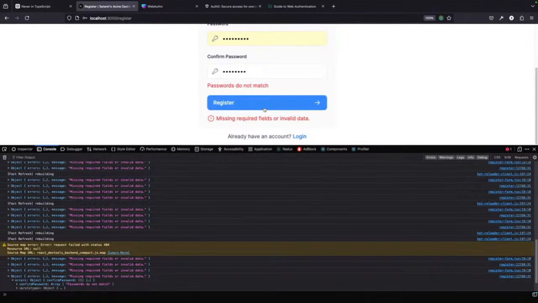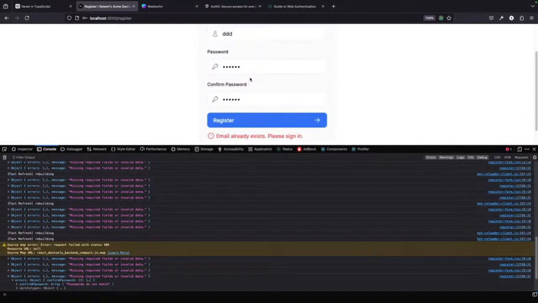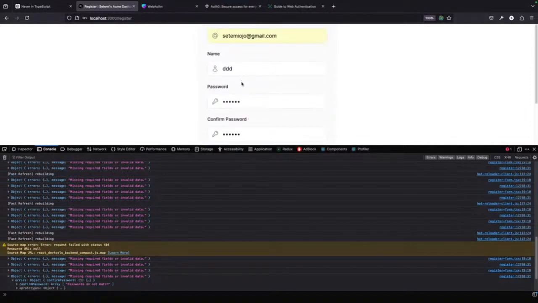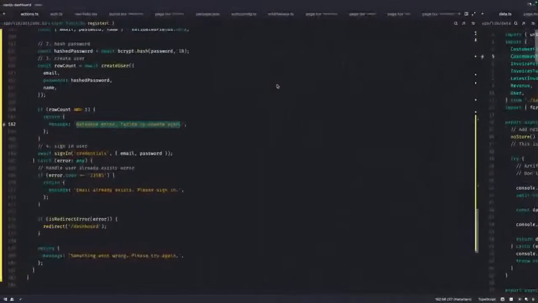I don't know what the password I've written before is, so I'm just going to do this. So if we do this now again, both passwords are now confirmed and the same. So you can see again that it's spotting this bug and saying email already exists, try again later.